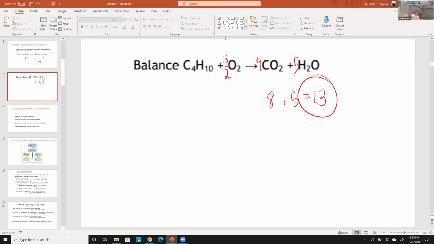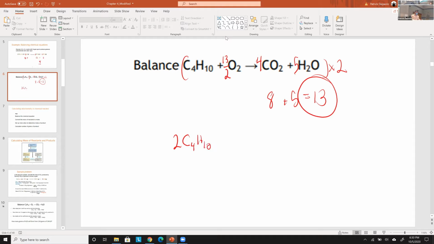And then you can check your work again, you see 13 and 13. So now you cannot leave it like this, because if this was down to the molecular level, you cannot have 13 over 2 of an atom. You can't have half of an atom, right? So you have to multiply the entire thing by 2, just like you said. So the correct answer at the end of the day would be